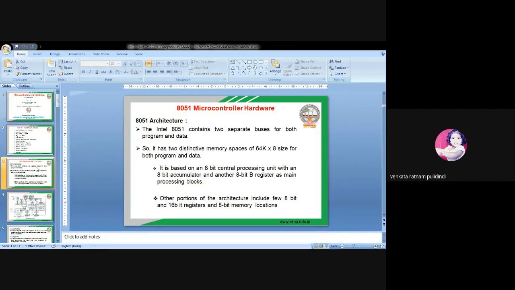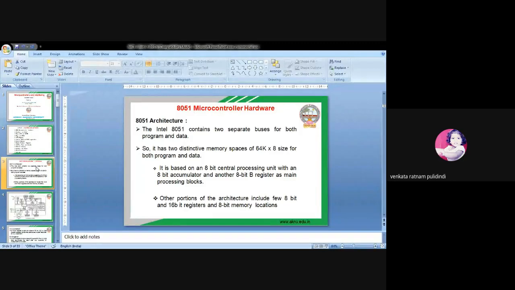So therefore here the accumulator multiplies the 8-bit data. Sometimes the result may be 16-bit. So to store that 16-bit data, we can use two 8-bit registers. Here one is the accumulator and one is the B register. At the same time, all the registers in the architecture of 8051 are 8-bit registers. Sometimes we are using 16-bit registers also. That means the combination of two 8-bit registers is called a 16-bit register. And all the memory locations in the 8051 are 8-bit in size.